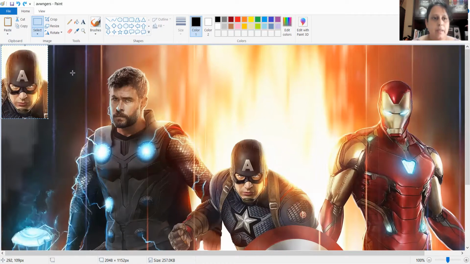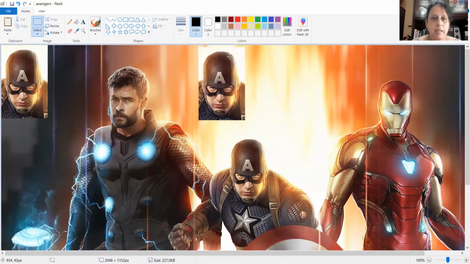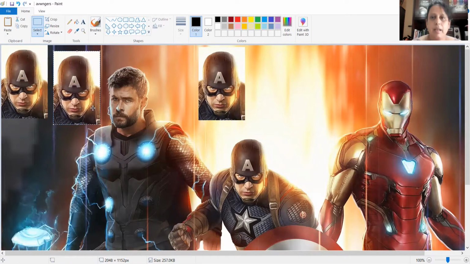Okay, then I click paste again and again. How many have I got? I do paste again. When you do copy paste, you get multiple copies of the same image that you are copy pasting.